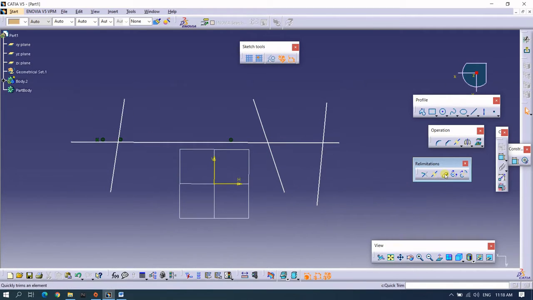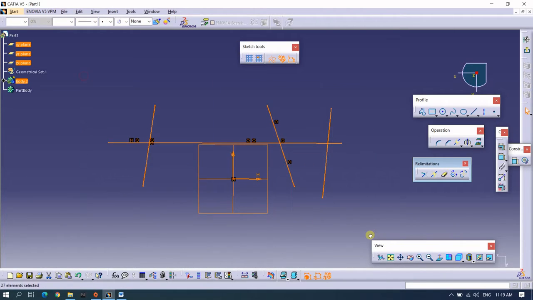Now similarly we will see again here with this vertical, I want to break this vertical line into two parts from this horizontal line. So first I will select the vertical line which I want to break into two parts, and now secondly I will select the line from where I want to break that line. So I will select this, and now you can see that the vertical line has got broken into two parts from the horizontal line, from where the horizontal line was situated.